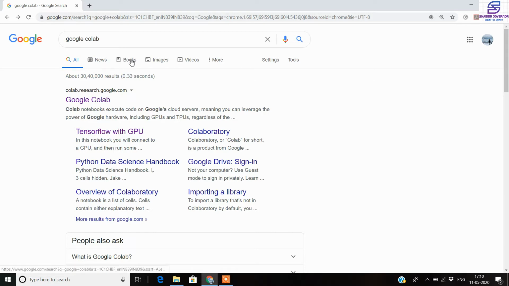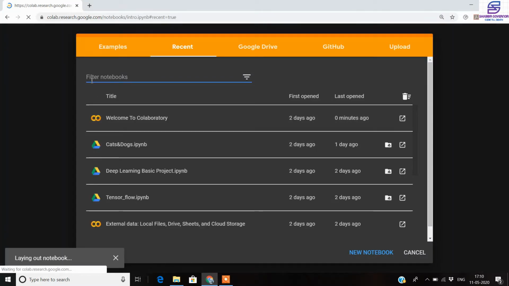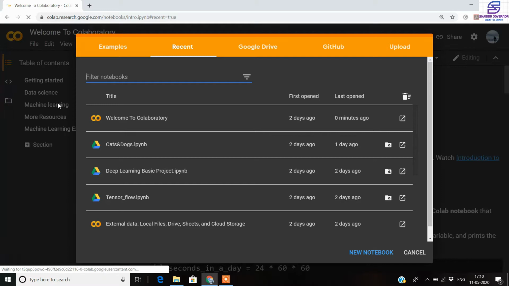So to get started with Google Colab, you just need to write Google Colab on your Chrome search engine, and on this link you can see that we have this Google Colab screen. And Google Colabs are nothing but a kind of Jupyter notebooks which are not on your local PC, but instead they run on the Google server. And this is the home screen of your Google Colab.